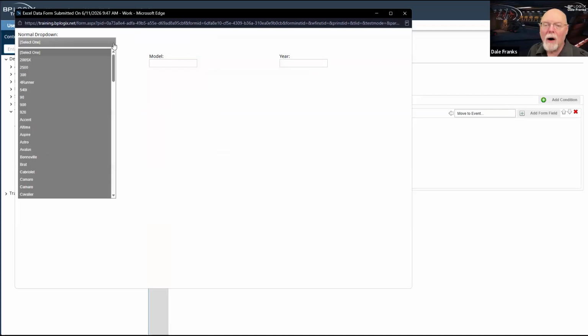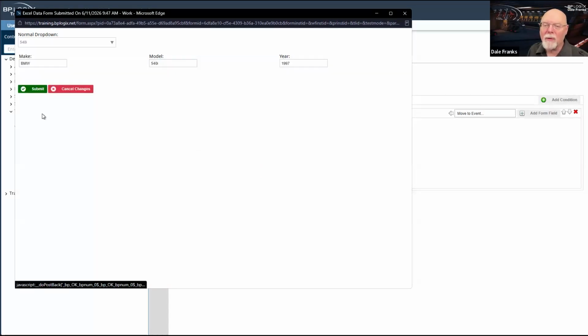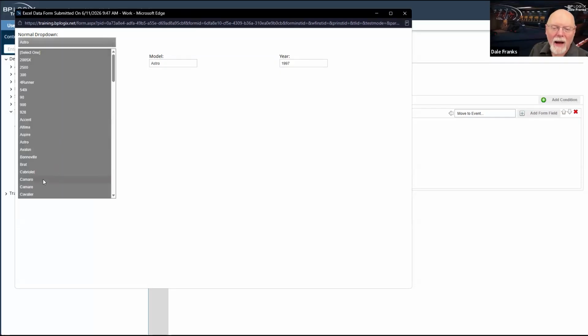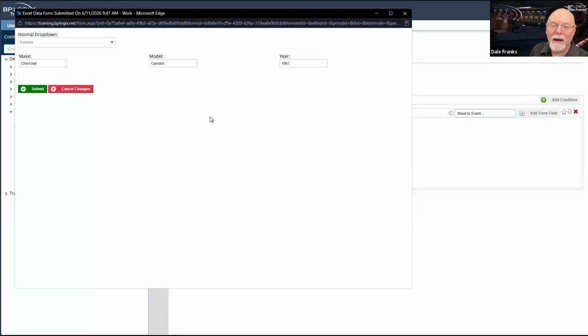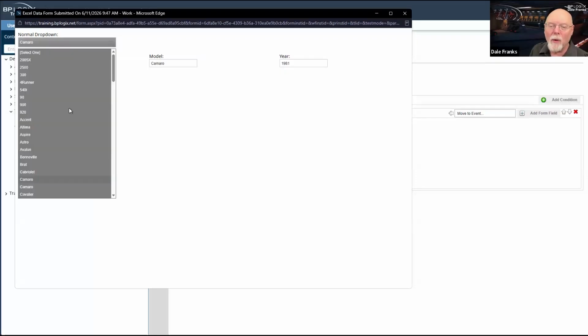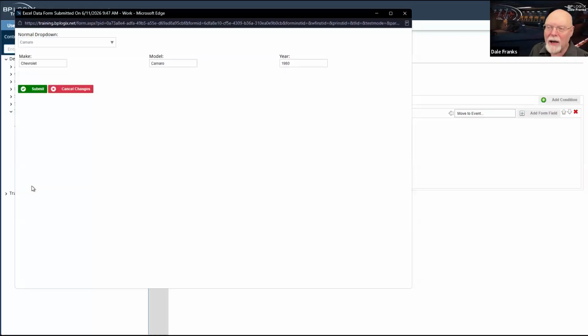And so now when I select a car, the 540i, I'm going to assume that that is a BMW 540i. And in this case, it's from 1997. So as I make changes, there's a Chevrolet Astro. I have two Camaros, apparently, a Chevrolet Camaro from 1981 and a Chevrolet Camaro from 1980.